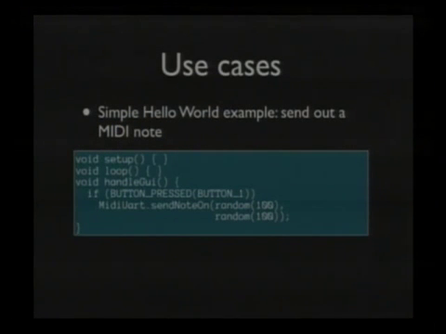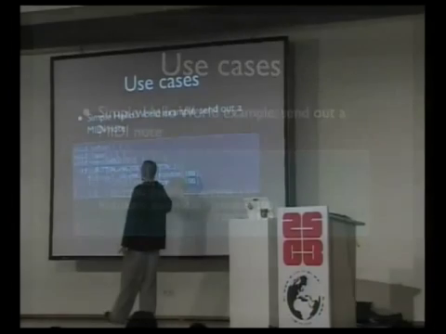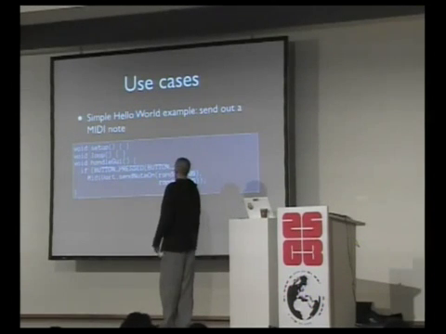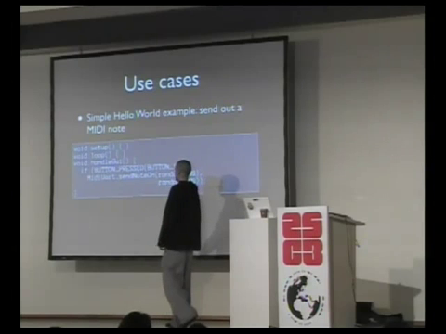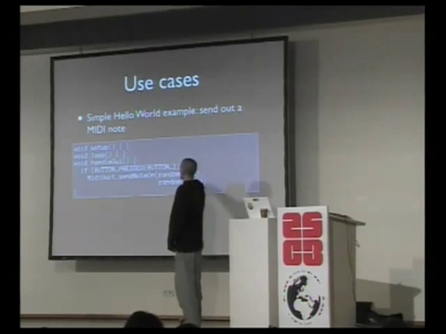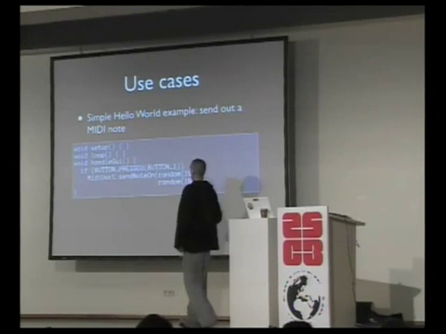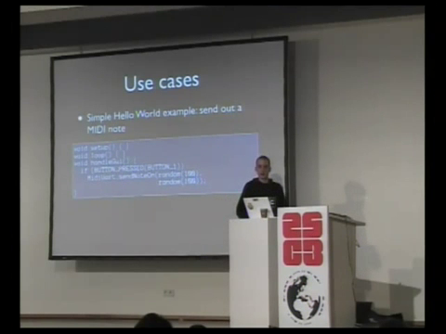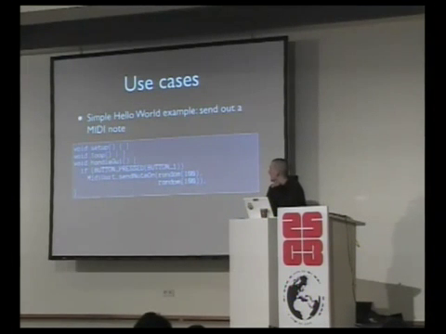But let's get to some use cases, what it actually looks like and how it feels to use them. So this is the simplest program you can actually write on this one. It's just sending a note if you press a button. So I have a setup function and a loop function, which are not used in this exact example. And the handle GUI function is used to handle all the stuff that's buttons and encoders. So if the first button is pressed, I'm just going to send out a random note. And that's all you have to write, and then you can upload it on a device connected to a synthesizer and just press random notes. So it's kind of a stupid program, but it's